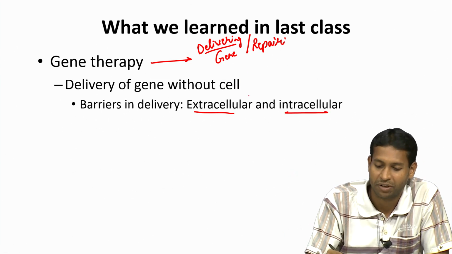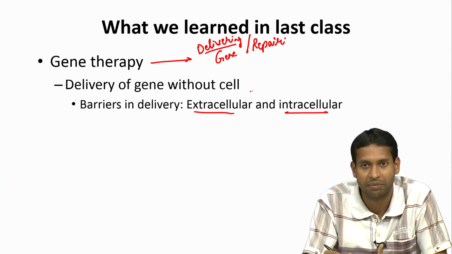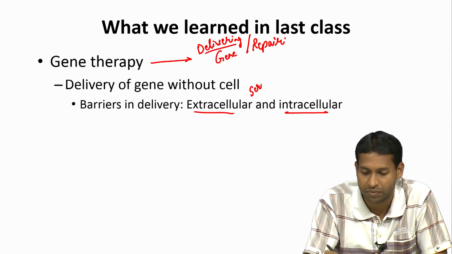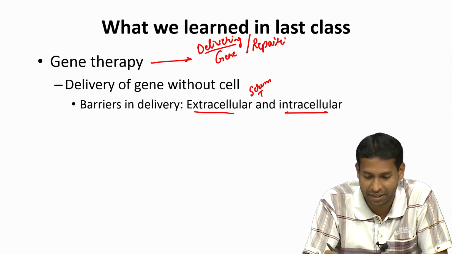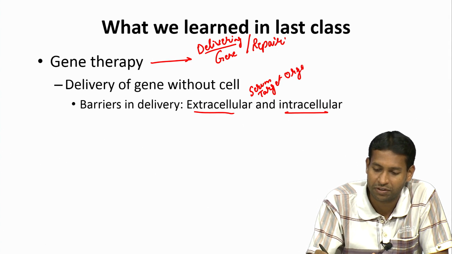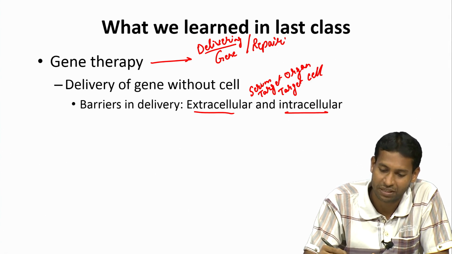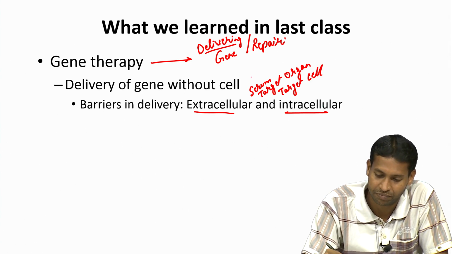So, extracellular barriers could include degradation by any kind of nucleases that are present in your serum, how it is going to reach the target organ, how it is going to reach target cell, and of course clearance by the immune system,